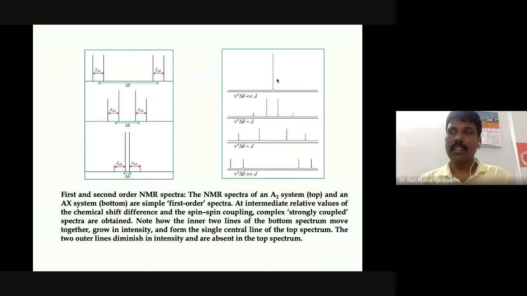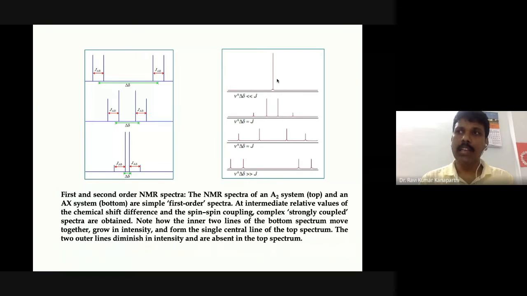So it gives a meaning that, okay, they are not splitting. No, they are splitting. Actually, they are indeed splitting. If you do the math, you can show the different energy levels, like for the AX system, which I explained when I was discussing the spin-spin coupling constant. Similarly, for the A2 system also, we can write down different energy levels.